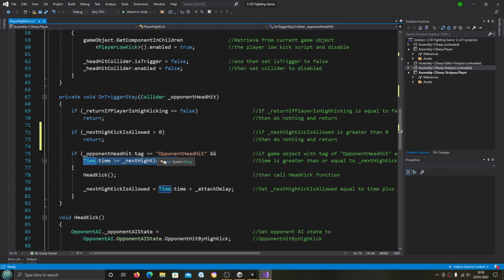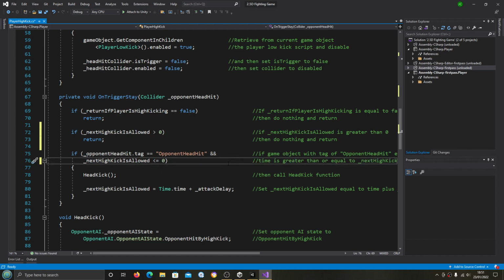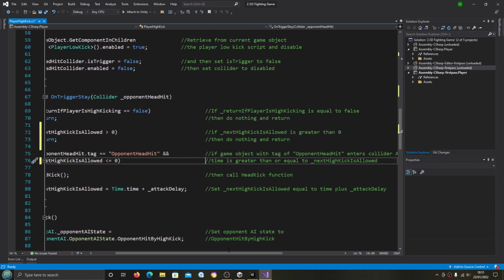So if and, so let's now come and we'll put next high kick is allowed, it's less than or equal to 0. It shouldn't be necessary to put the less than, but again, just in case,